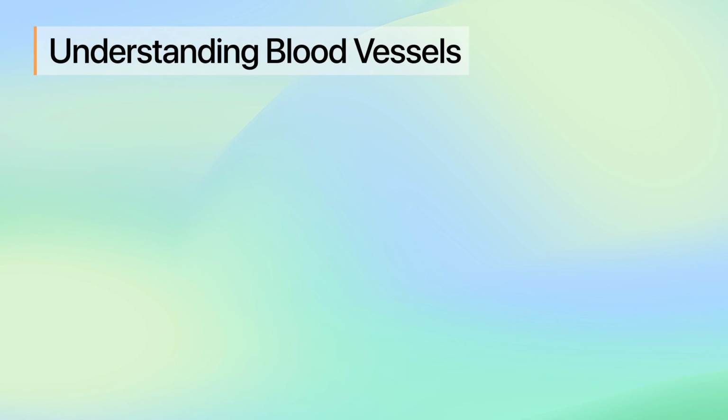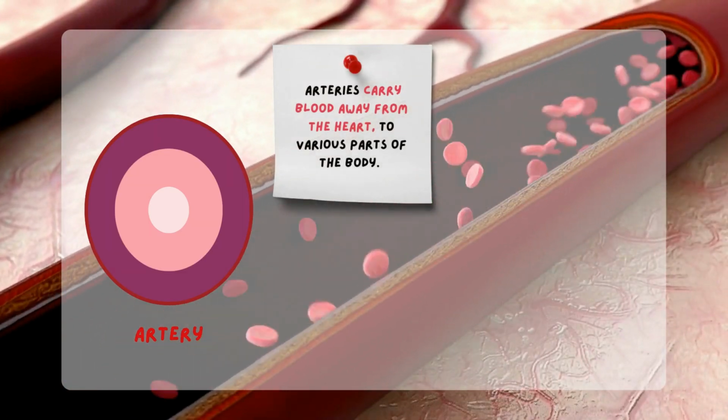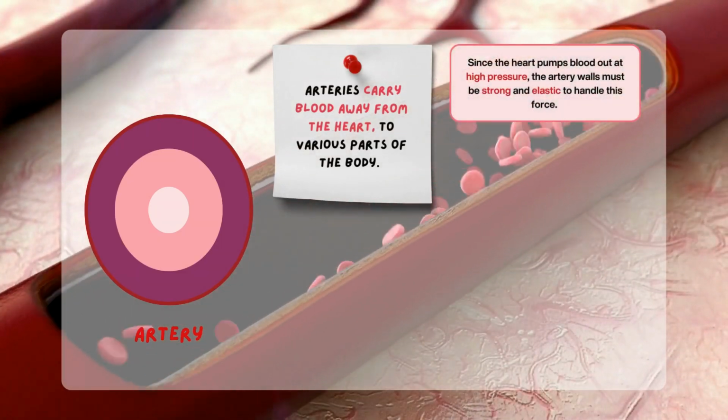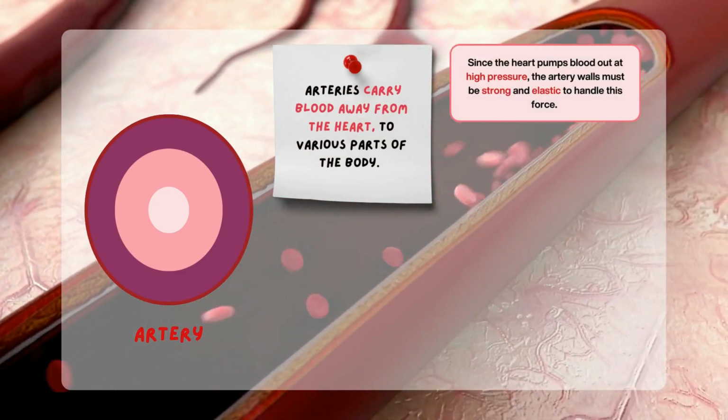Understanding how the structure of arteries, veins, and capillaries relates to their functions is essential for understanding how blood circulates in the body. Let's examine each type of blood vessel in detail. Arteries carry blood away from the heart to various parts of the body. Since the heart pumps blood out at high pressure, the artery walls must be strong and elastic to handle this